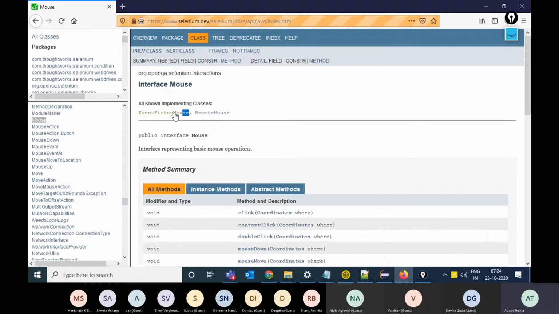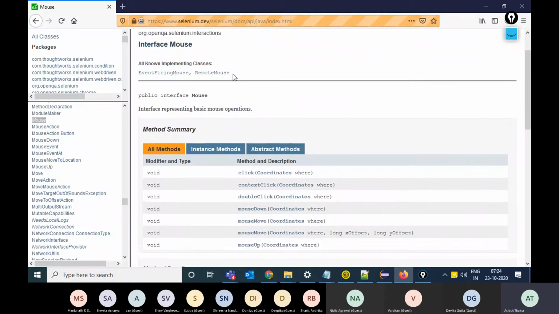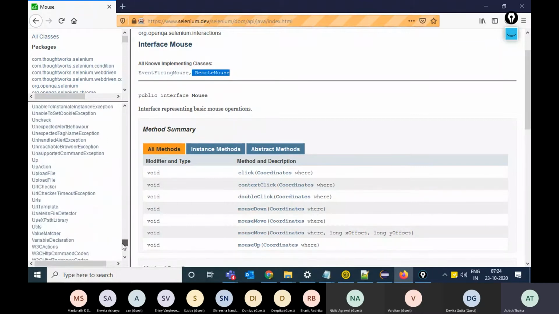These two classes implement the Mouse interface. So just by looking at the documentation, you can say that these two classes would obviously have these set of functions which can help you interact with the mouse of the web page.